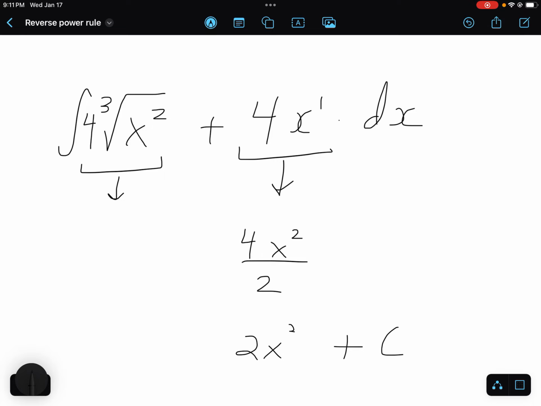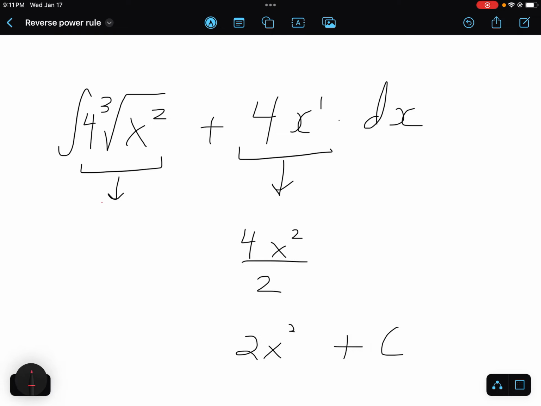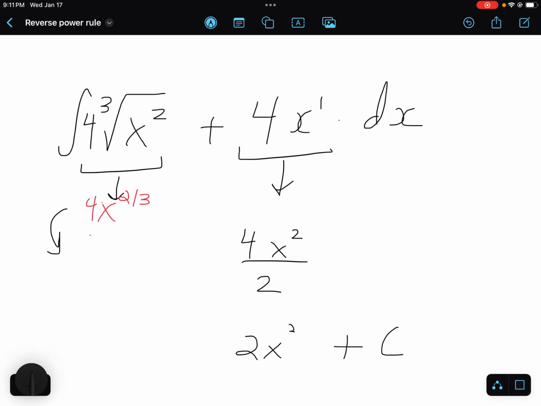The other part of the problem here, 4 cube root of x squared, is not quite ready for calculus yet, so let's give it a slight makeover here and express that as 4x to the 2/3 power. And now when we apply the reverse power rule, we would keep that old coefficient, we would add 1 to the exponent, so 2/3 becomes 5/3, and then we would divide by that new